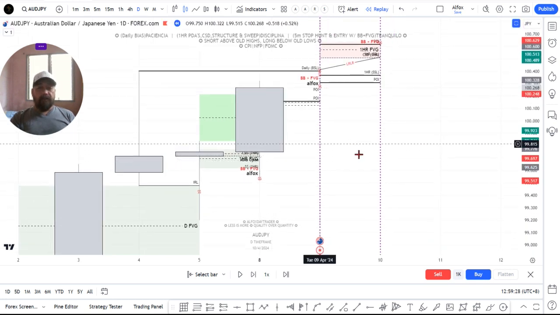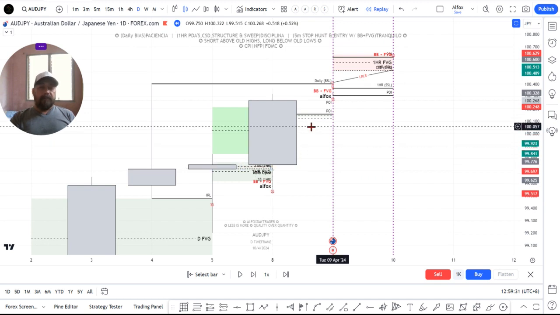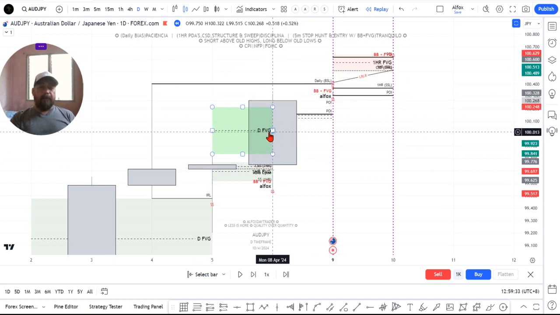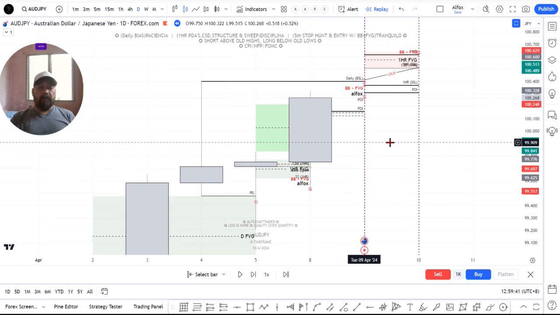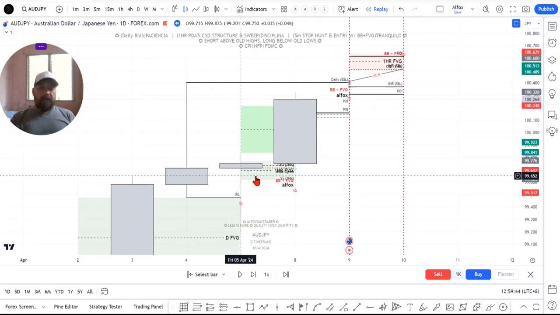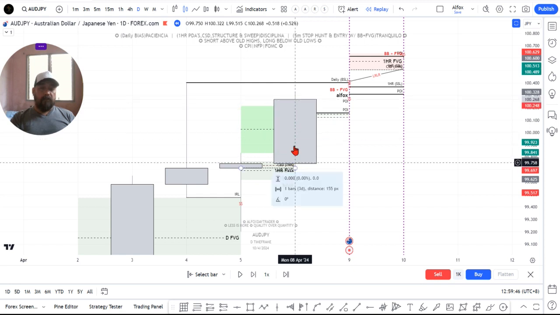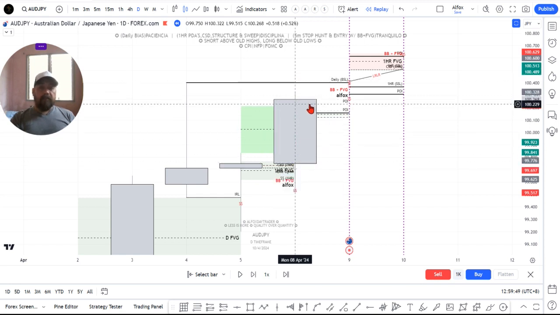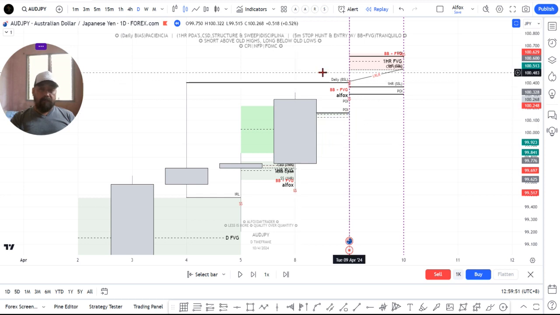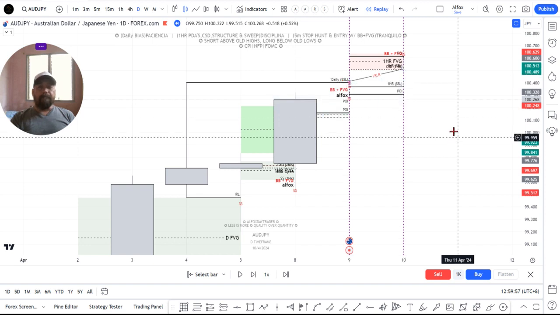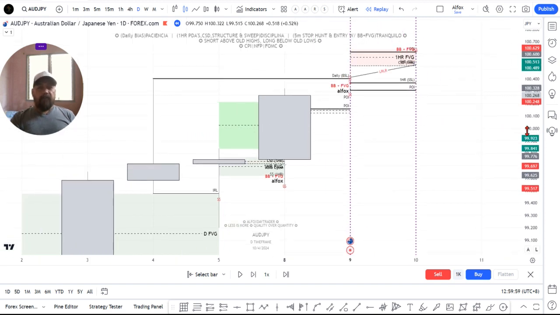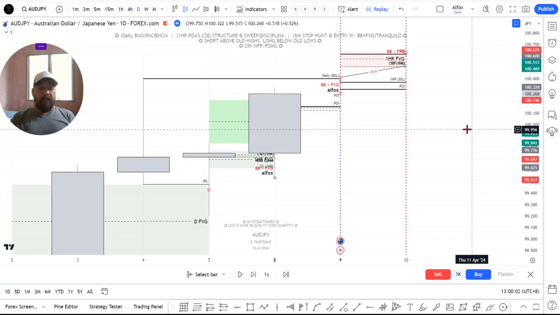So as you can see, yesterday morning, this is how it looks like. My bias for that morning, for yesterday, was bullish because, as you can see, price was pushed strong going up. And for me, it seems like price is going to go up to reach for this daily buy-side liquidity. Okay? So now that we have our bias for that day, the next thing I did was